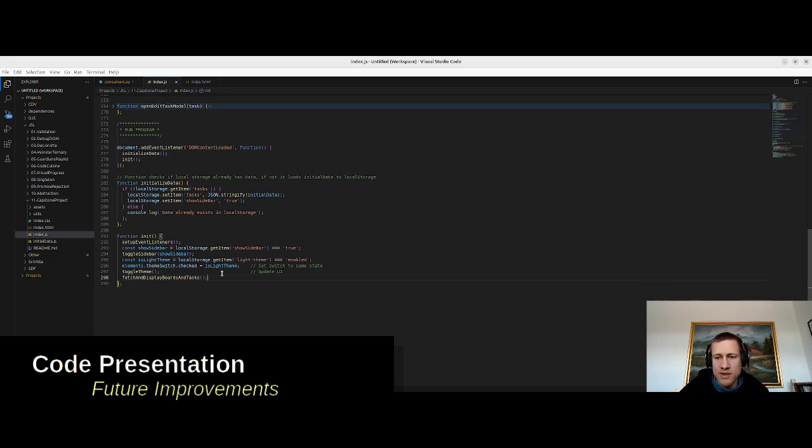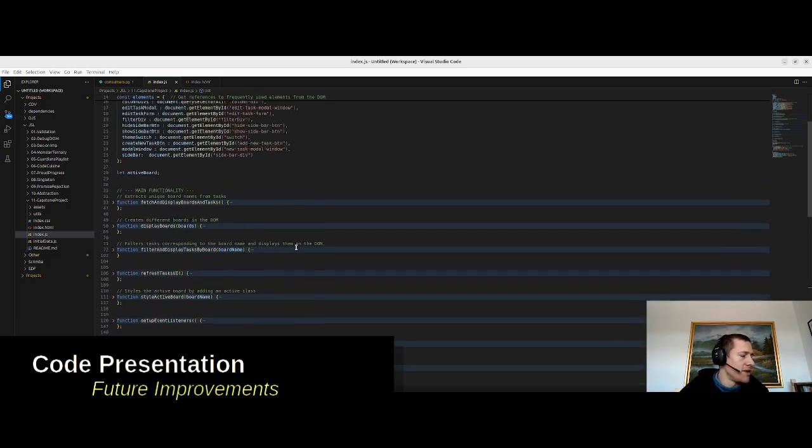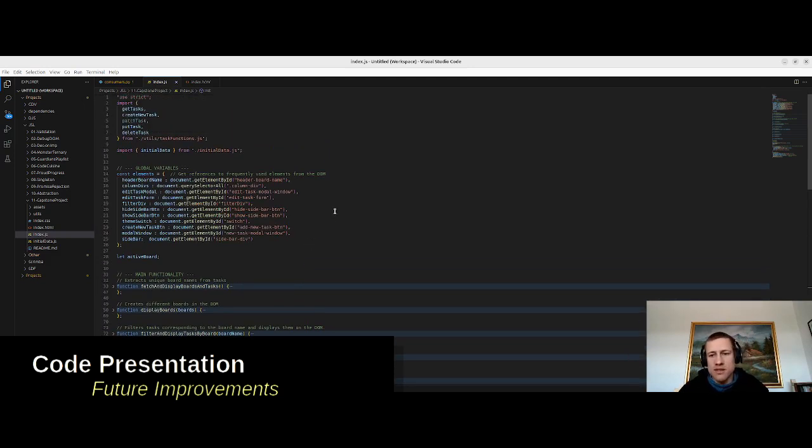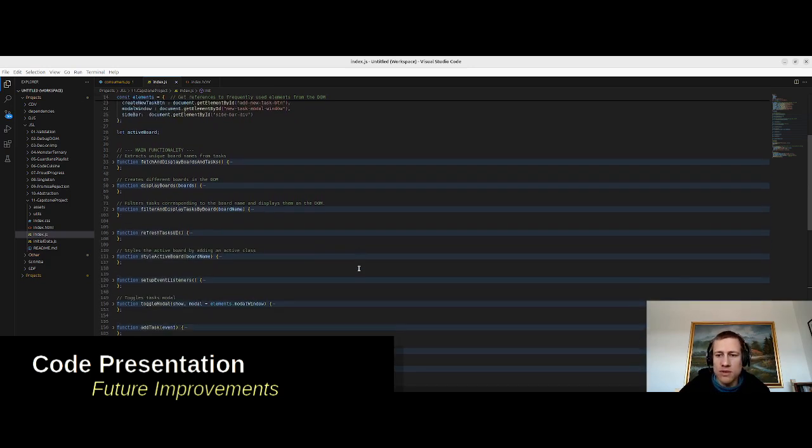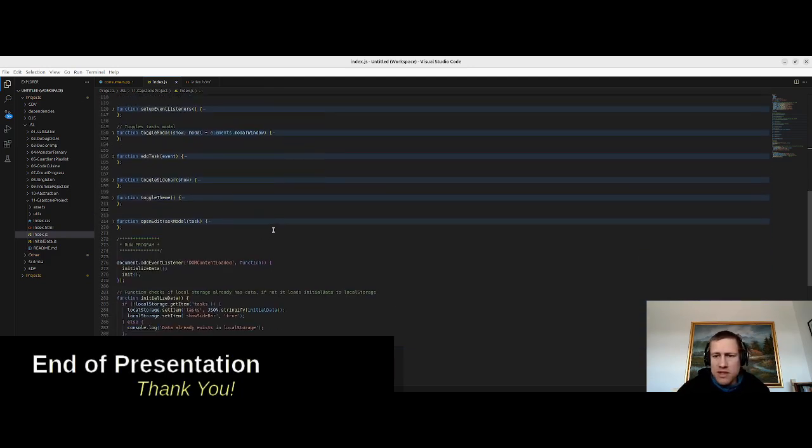And that's it. That is a very simple Kanban board app. There is some room for expansion here and some cool little functionalities. For example, if you want to drag and drop items between their statuses, that can be implemented with a little bit of work. Don't need any third-party libraries or something like that. HTML already provides this functionality natively. And obviously a cool function to add to this app would be to add and remove boards, which is the big one. But yes, so that's my presentation of the app